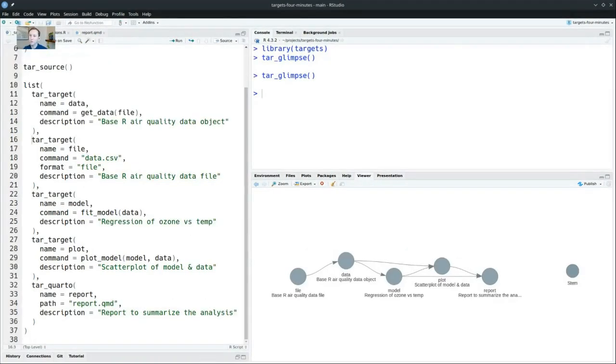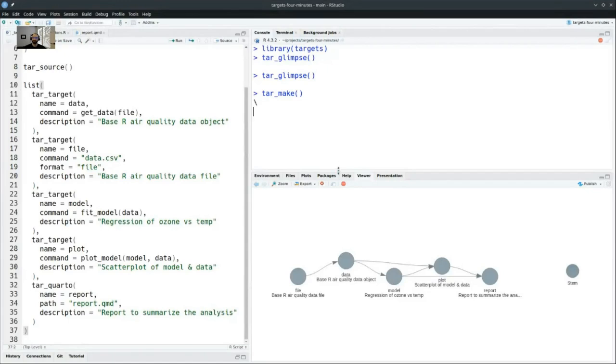Yeah. So how do you then run everything, say to import the data, to do the modeling, the plots, the reporting? How does that happen? There is a function called tar make. And what it does is, tar make is the thing, and tar glimpse as well, but tar make in particular is the thing that runs this report. And it expects the last object returned by this script to be this list of target objects. And that's what it reads and parses to understand what to do. And then it goes ahead and runs the correct targets in the correct order.